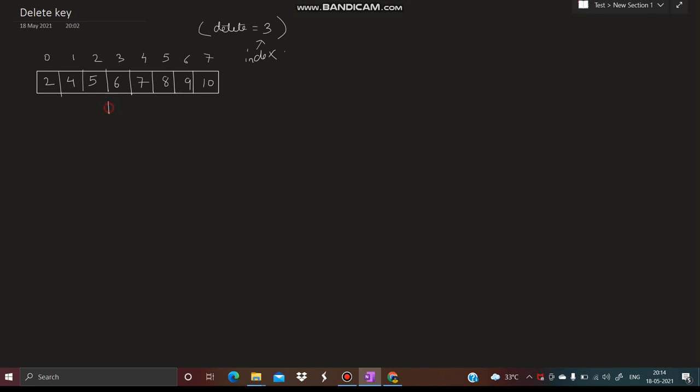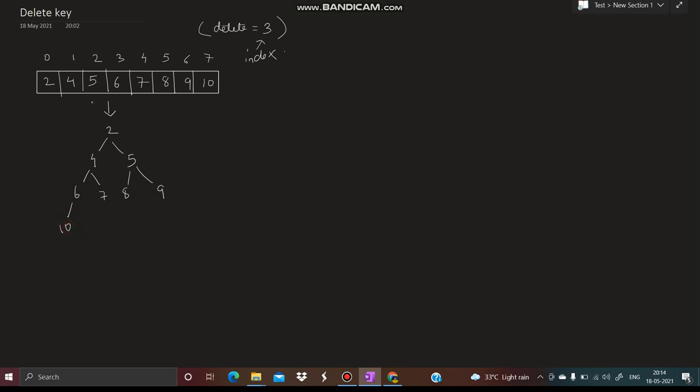For better understanding, I'll be representing this heap in the form of a tree diagram. This will be the root, then 4, 5, 6, 7, 8, 9 and 10. So I've made a tree which is a complete binary tree.